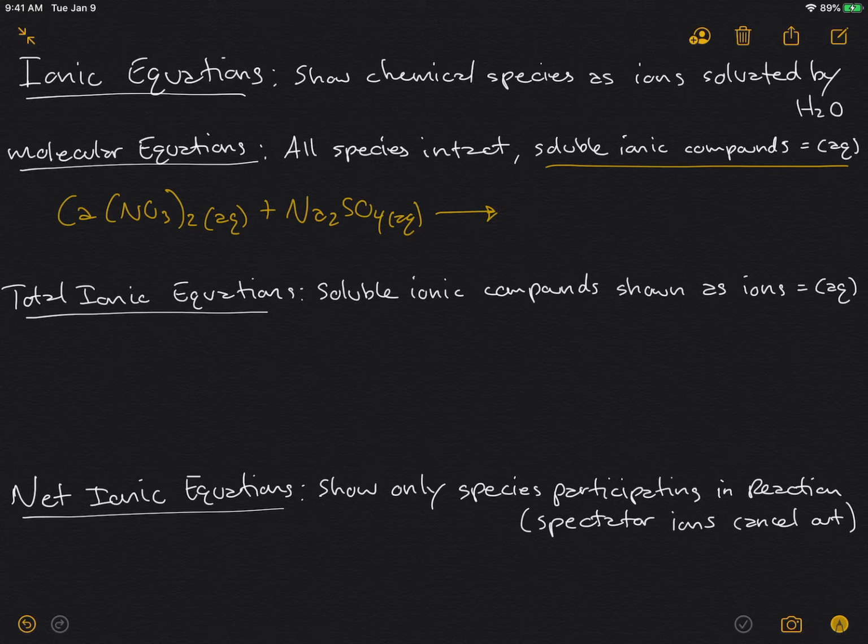And so what we need to do is switch the ions. So now the calcium is going to pair up with the sulfate, and then the sodium is going to pair up with the nitrate. Okay, so we switch the ions and see what the solubility is of the compounds on the right of the arrow. So calcium sulfate looks like this, and then sodium nitrate